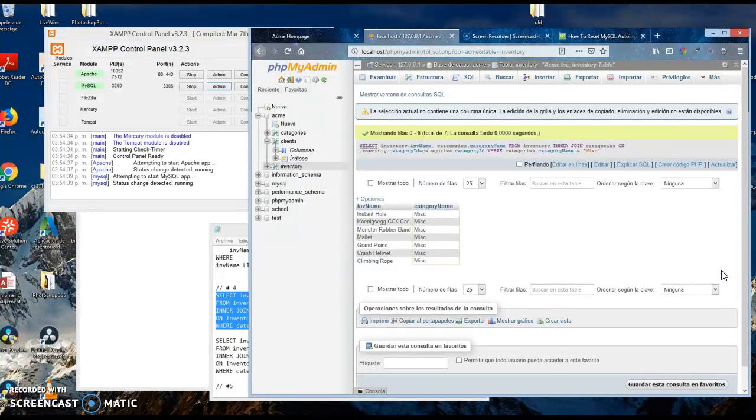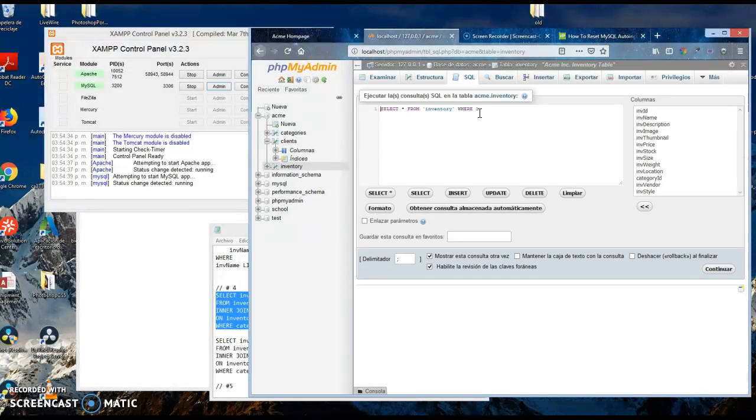Go, then we receive as a result 7 rows. Okay, go to the SQL editor,